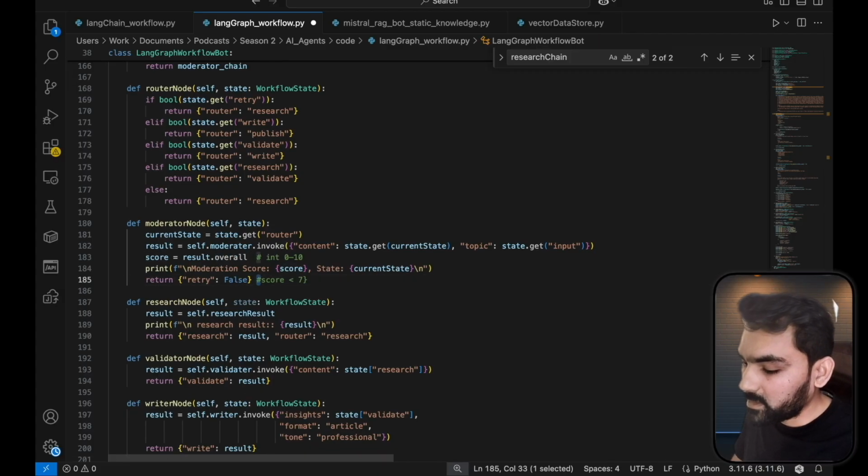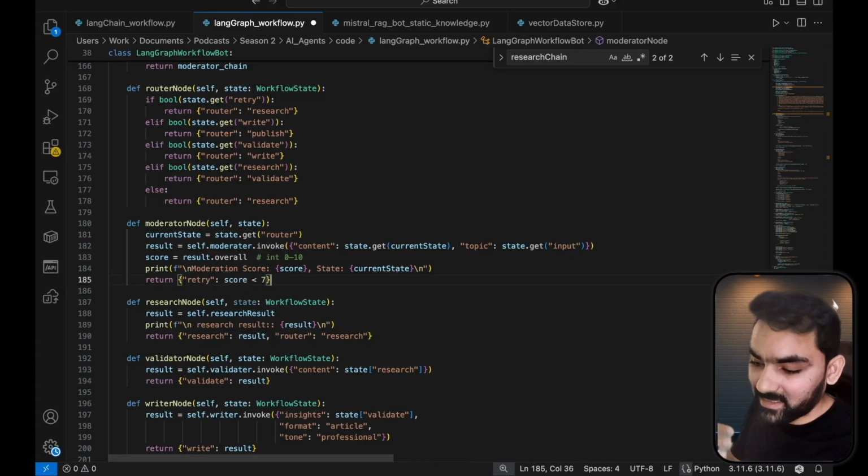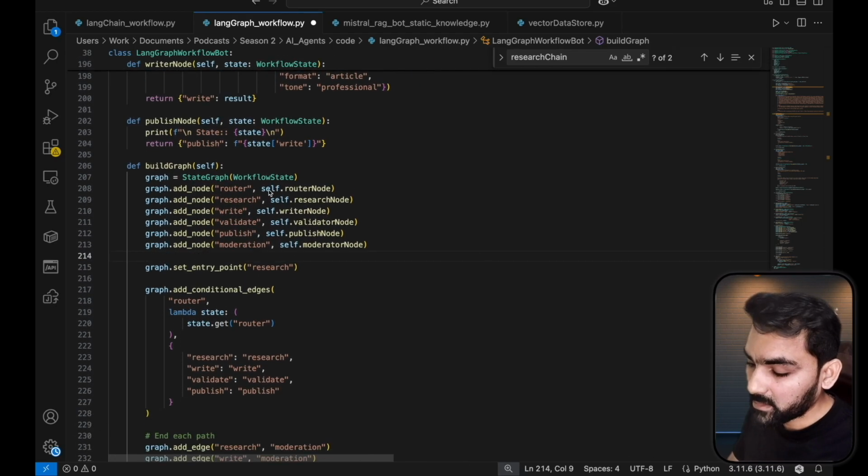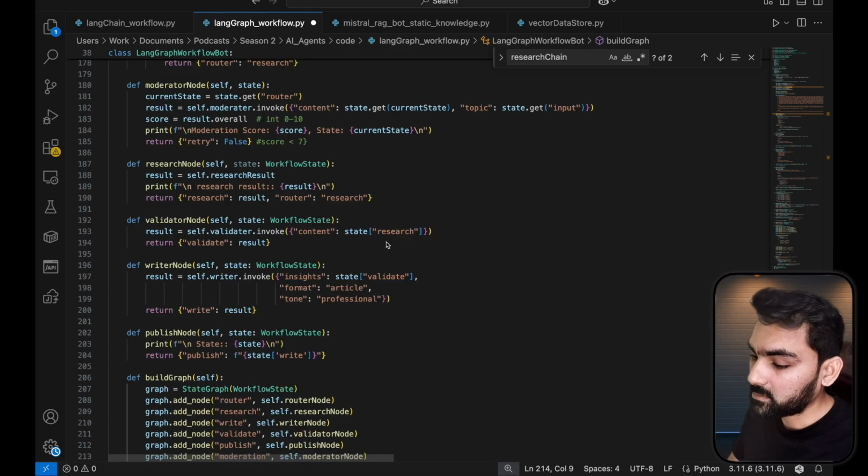We can simply say, if score is less than 7, then retry the operation. It restarts from the research again. Now let's get back to building the graph. Here I have a router node, research node, writer node, validate node, and publish node, and each node is a wrapper